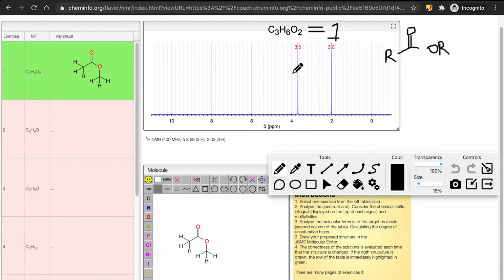So this singlet at about 3.5 ppm right here probably corresponds to hydrogen that are next to an electronegative atom. So these types of hydrogen here on the methyl connected to the oxygen, or these types of hydrogen connected to the carbonyl. So these are connected to a more electronegative atom here,